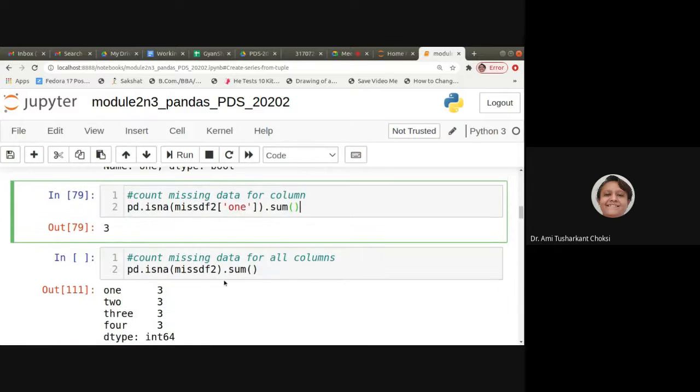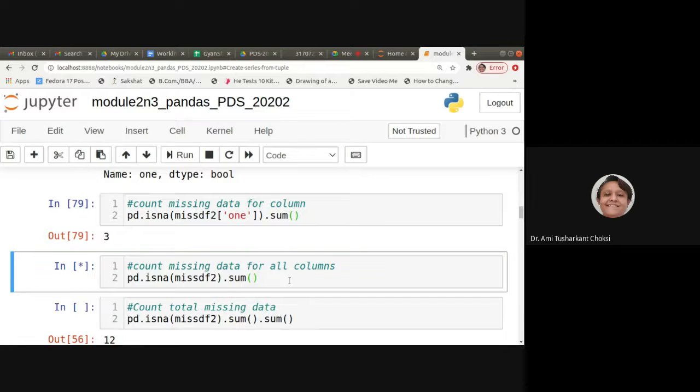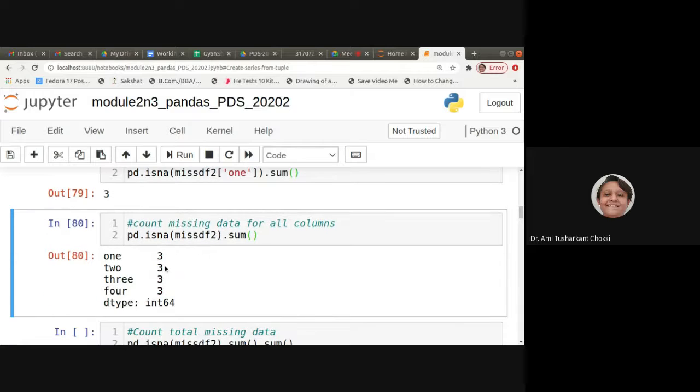If I want to find the count of missing data for all the columns, there is no need to specify any column name here. We'll just do pd.isNA(missdf2), that is the data frame, .sum(). So it will give us the missing data count in each and every column.